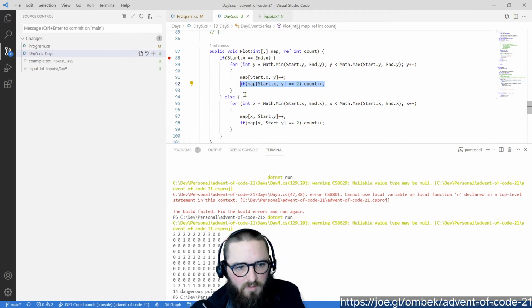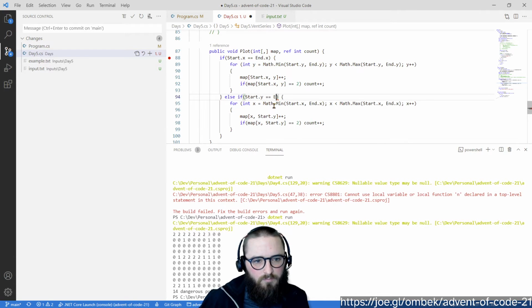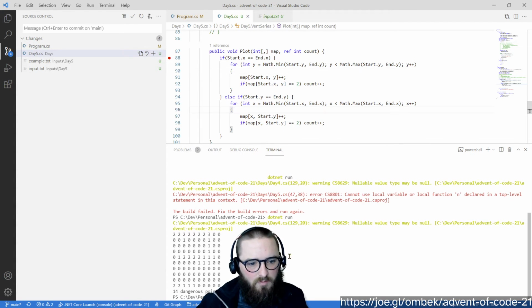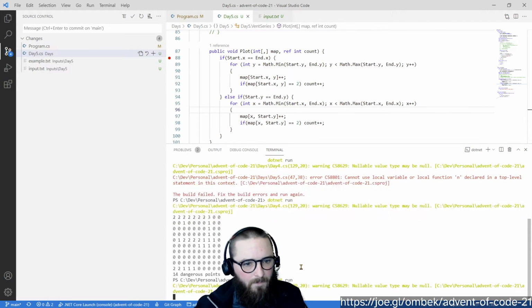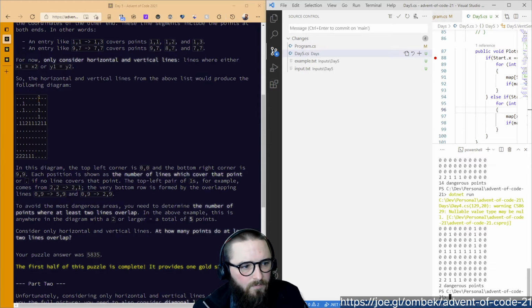So I thought it might have just been that this bit was wrong, where I was checking. Oh, I wonder if that makes a difference. Two dangerous points. I mean, this looks close. But still not right. 1, 1, 1, 1, 2, 1. It's also missing the